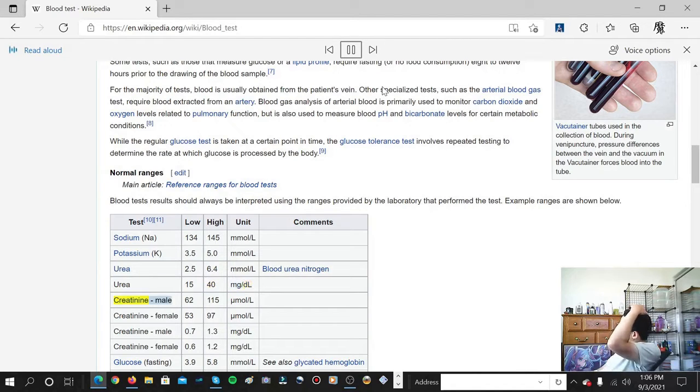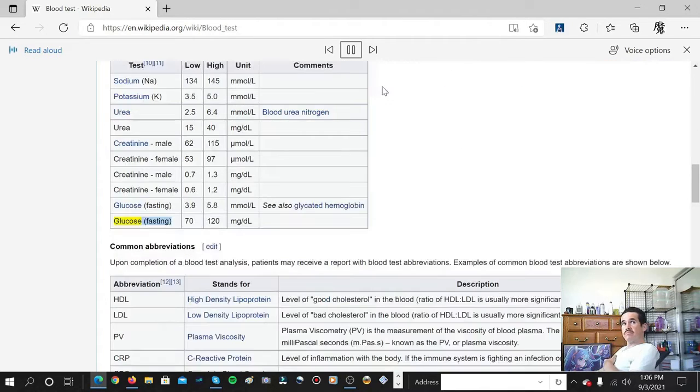mg/dL. Creatinine, male: 62 to 115 umol/L. Creatinine, female: 53 to 97 umol/L. Creatinine, male: 0.7 to 1.3 mg/dL. Creatinine, female: 0.6 to 1.2 mg/dL. Glucose, fasting: 3.9 to 5.8 mmol/L. See also glycated hemoglobin. Glucose, fasting: 70 to 120